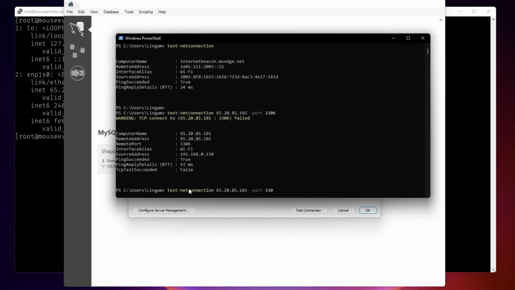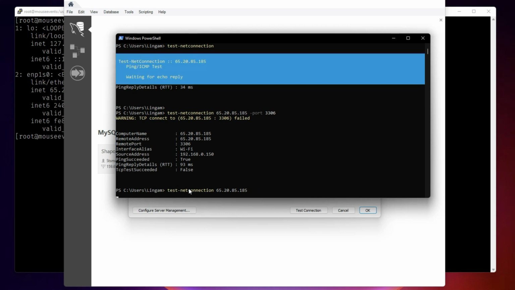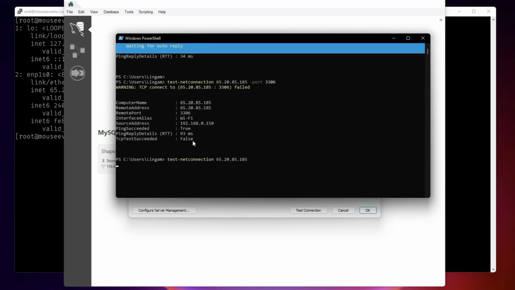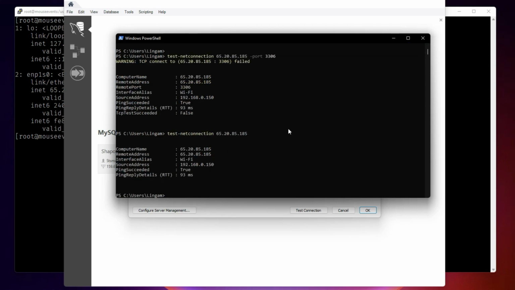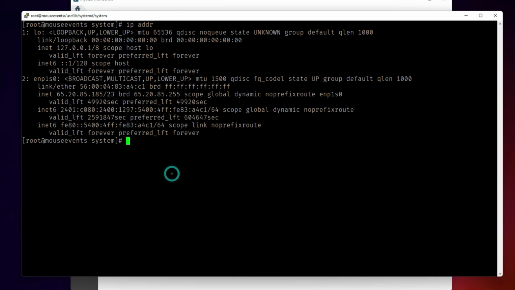But what if we remove the port? If you remove the port, it should then try to reach a default port which is nothing but 80, and it is true. So we can clearly say that the port 3306 is not open, and that is the reason why our MySQL Workbench is not able to connect. Let's go back to our Linux server,